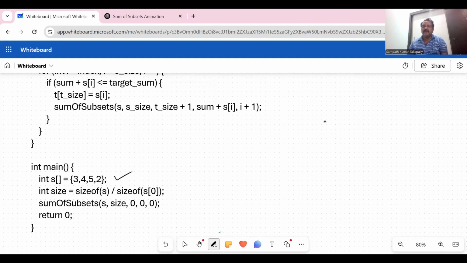Now with the help of these elements, we are going to calculate the size of that array, by a simple operation. And then we are going to have a function here called sum of subsets, where this function is going to take 5 arguments. The first argument will be the array. The second argument is going to give you how many elements are there in your array. And the third argument